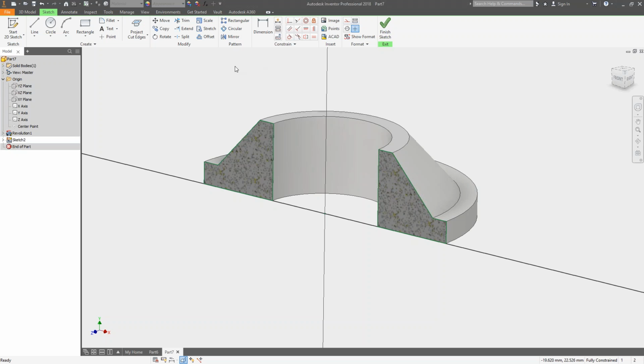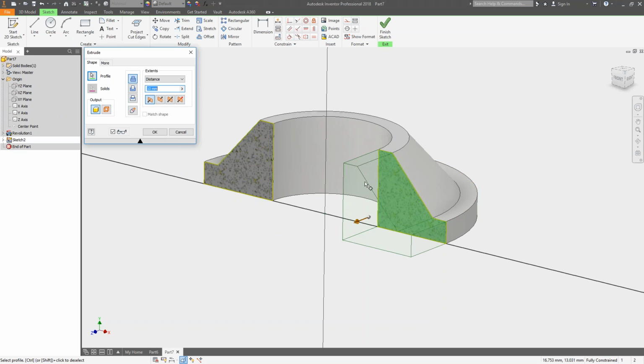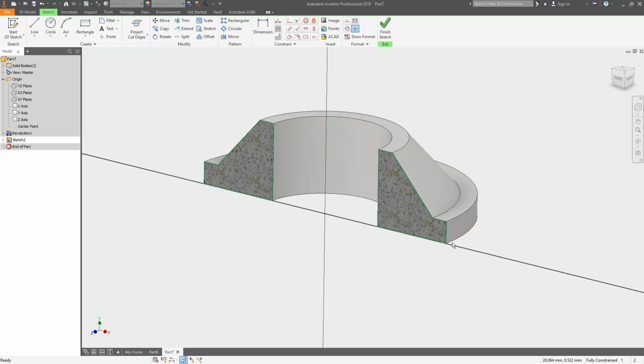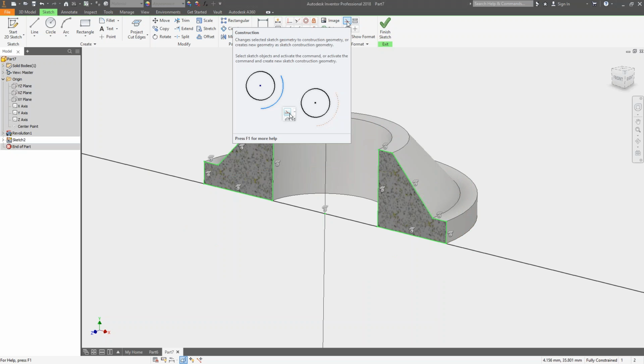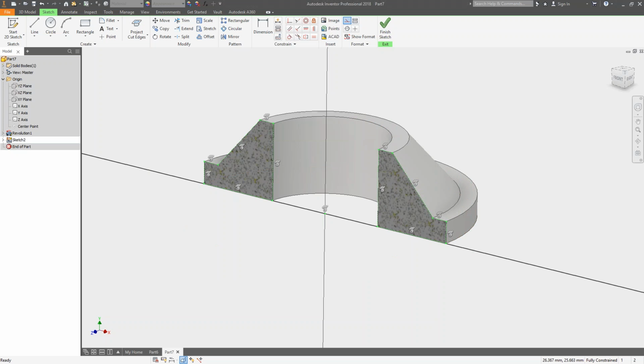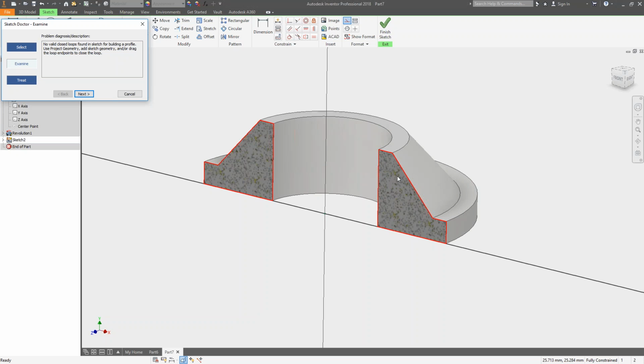And now what I'm going to do is turn them into construction, because if I try to do an extrude now, it picks them up, or revolve. And this is really just to help me locate other geometry. So I'm going to just hover over, do a crossing over top of all that geometry, and construction is right here. So what happens is Inventor knows to use that geometry for construction purposes only. So if I try to issue an extrude command now, there's nothing to extrude. It's just a bunch of